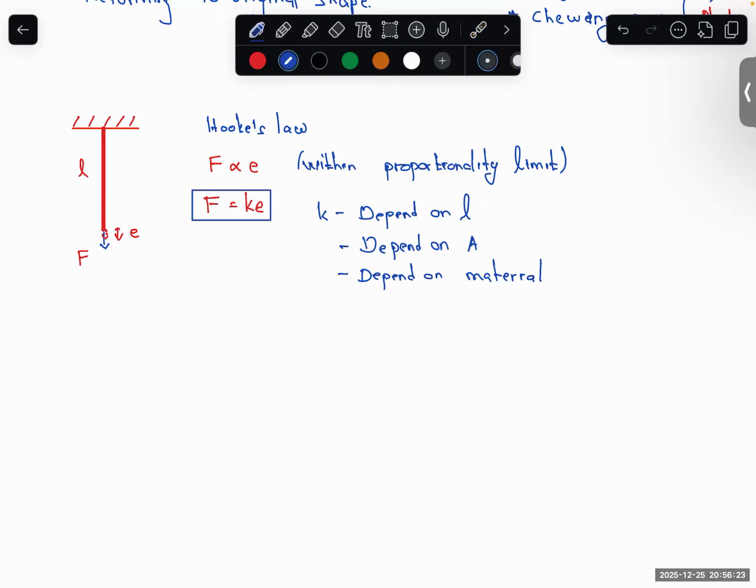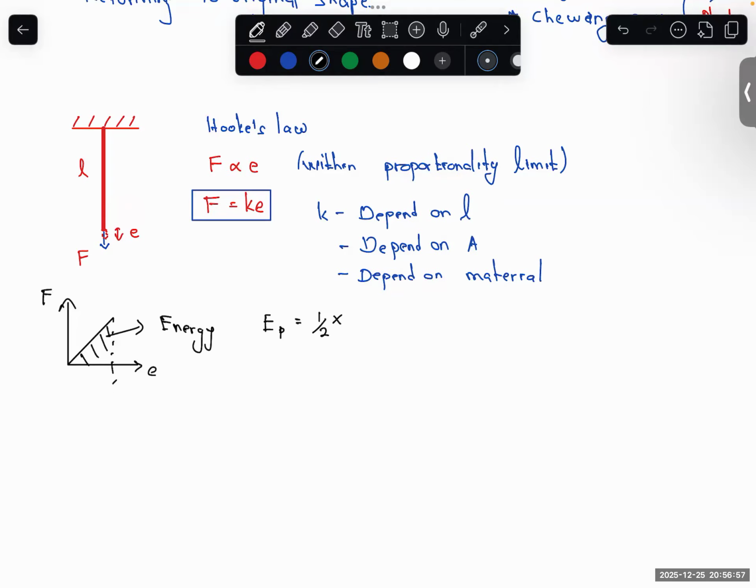And you can also derive an equation for the energy stored, right? That was the main objective when we studied energy. So when the force is applied, F should be on the y-axis and e should be on the x-axis. The area that it makes with the x-axis will give you the energy stored. So that is your elastic potential energy, EP, equal to the area of the triangle, half into base,